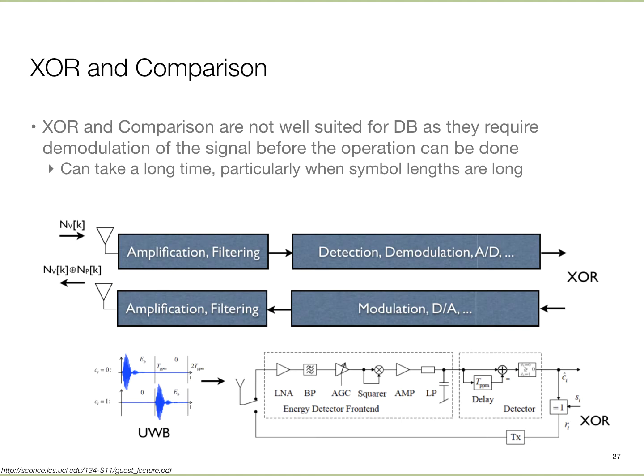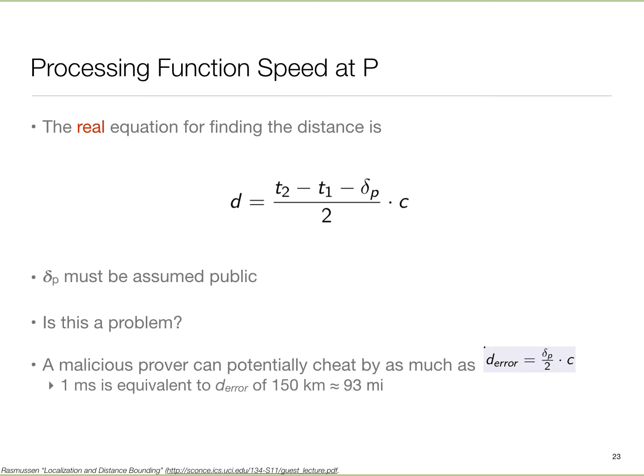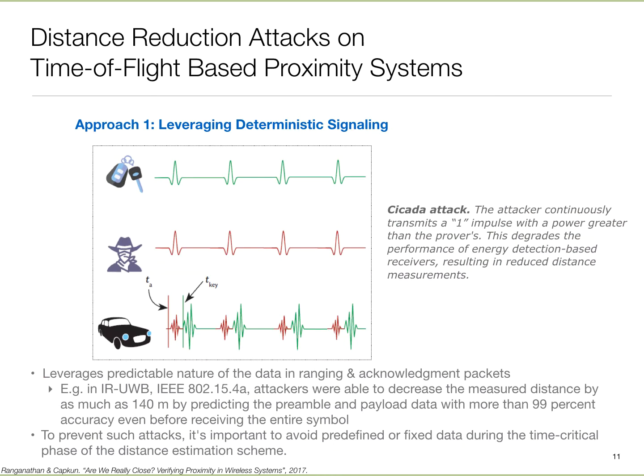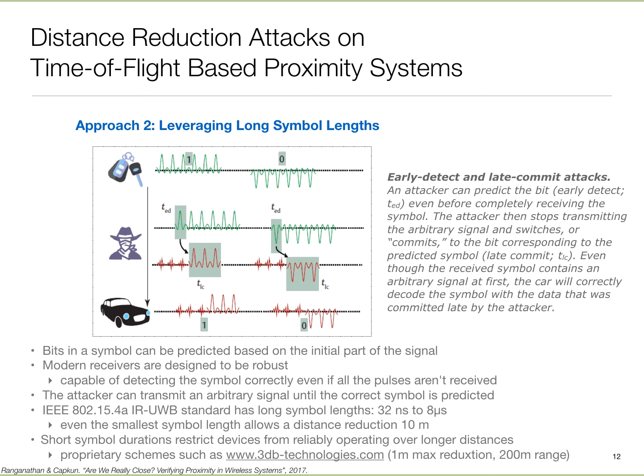Again, at the speed of light, even microseconds is a huge amount of distance, particularly if the purpose is to log into a device or something like that. So that's one challenge. Another challenge, which I skipped over last time and I'll go back to, arises from the following issue: to make wireless robust over long distances, we often send the signal out over a longer duration than is really needed.